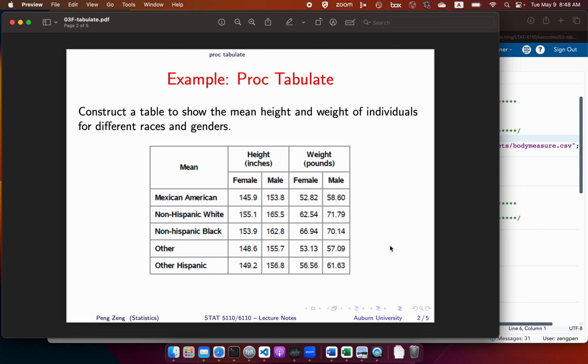So you may ask, why do we want a different procedure to do that, since we already know how to compute the mean, right? How about we just compute that number using proc means, and then maybe we open Microsoft Word, create a table, and fill the numbers in that table? The answer is no, because